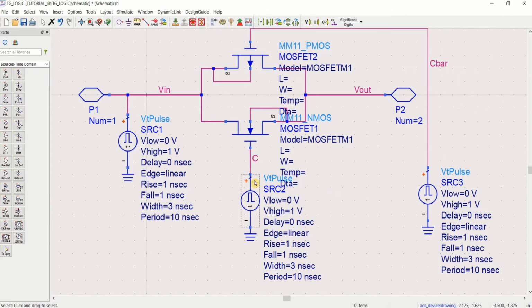Suppose if I am applying a 0 to 1 volt pulse, this should be changed to 1 0. So that means it is operating in reverse. To make the NMOS transistor on, you need to provide a high voltage, and to make the PMOS on, you need to place a low potential.